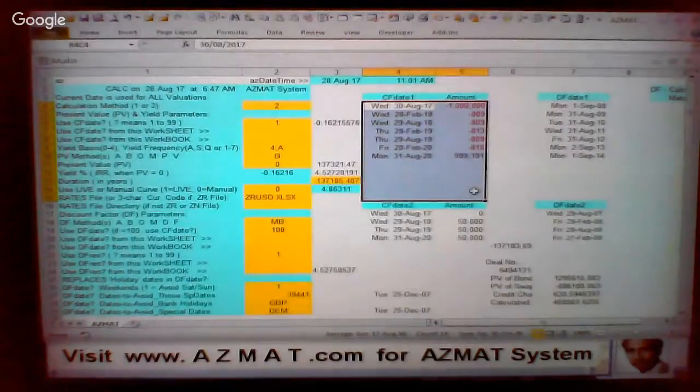Up to there, I think, there. So this area I've defined as cash flow date 1, CF date 1. CF stands for cash flow, short for that, if you like. So CF date 1, cash flow date 1. By entering number 1 there, I'm telling AZMAT System that this uses cash flow date 1, CF date 1, which